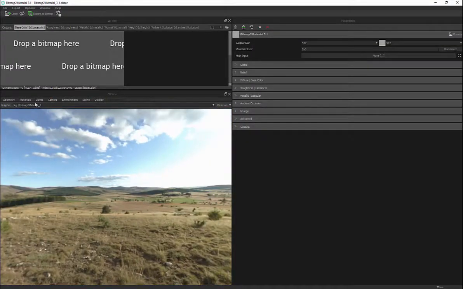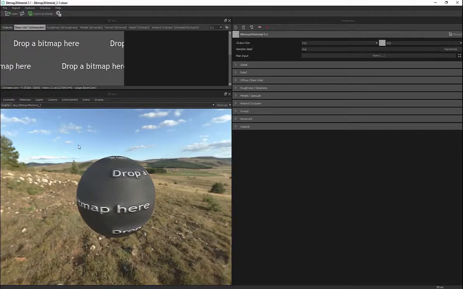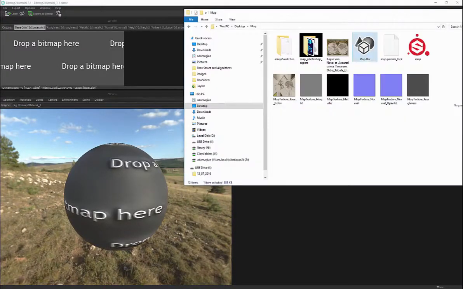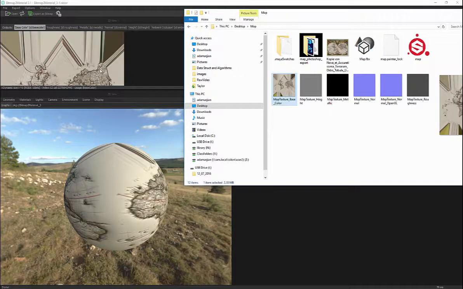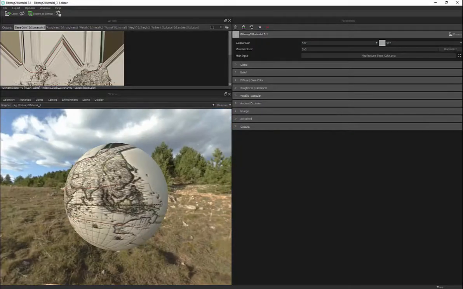Didn't link it. Here, where's geometry? Map. Well, let's just play with the sphere for now because it didn't seem to work. But if we go over here and grab our texture that we created and drop that in here, and then we want to load that as main input,